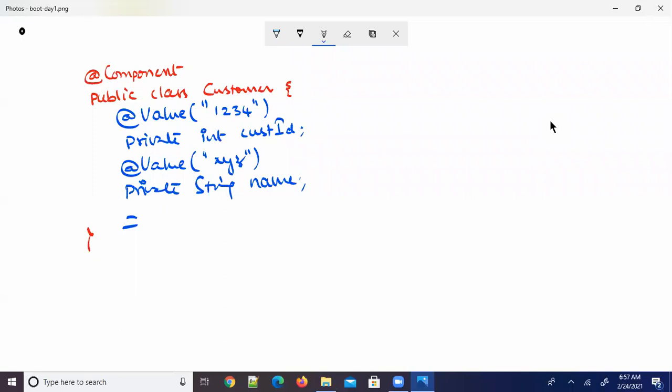Everyone, just try to understand what I'm trying to tell you. When you look at this, what's the annotation I would like to explain here? @value. And this annotation can be used for injecting a value type. So these two dependencies are value types only, like a customer ID and customer name. But whenever I want to make any change to the value, I have to open this code to modify. Means every time I need to modify the source code. So I would like to tell you the alternative.